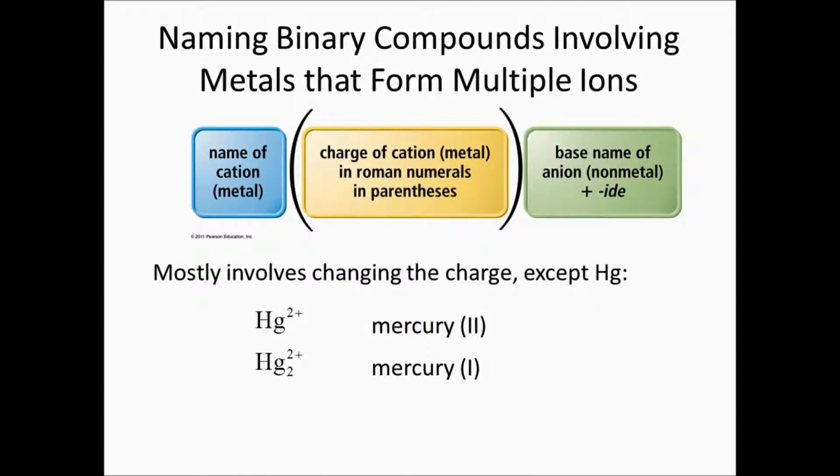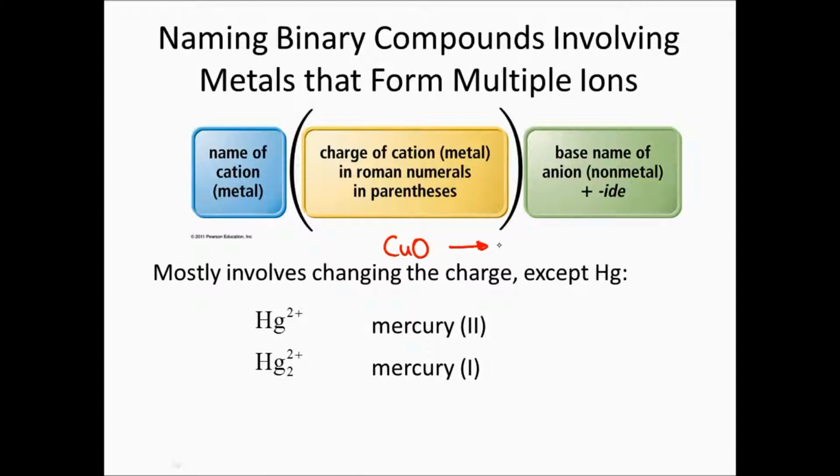Now, in our naming scheme, we have to make sure that we name it in such a way that the charges are clearly indicated. And as a result, what we do is put the charge of the cation in Roman numerals in parentheses. So for example, if I wanted to name CuO, and I'll explain how we get to that in a minute,